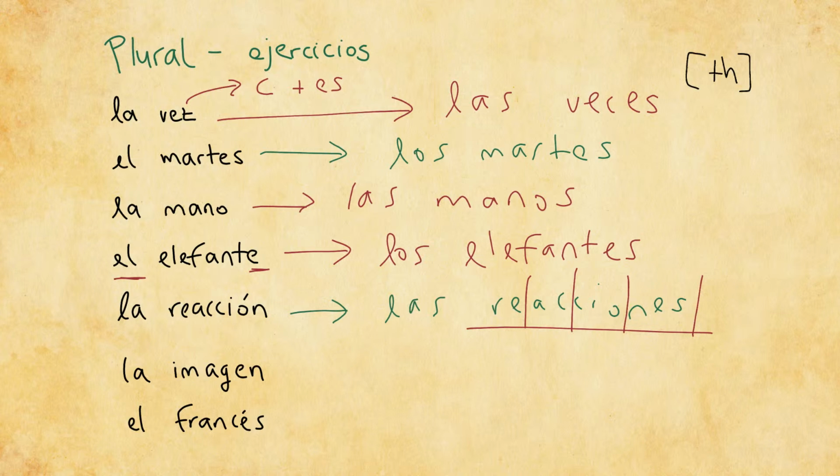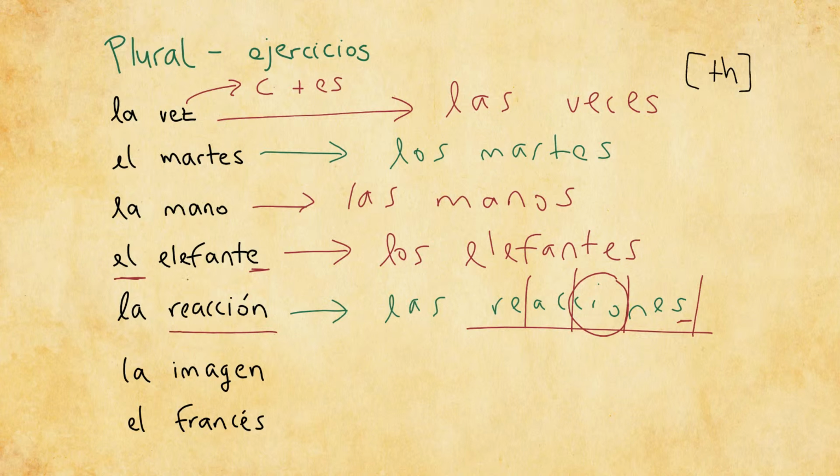This is a word that ends with an S. That means we stress the next to last syllable. So this is the syllable that is naturally stressed. Reacciones. However, if this word didn't have the tilde, so we didn't have an accent mark,